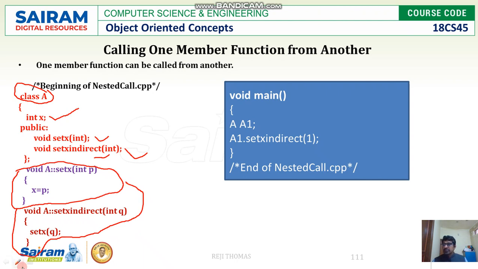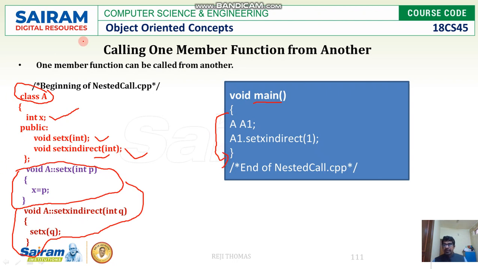So the whole thing is your class. We are done with the class part. Now what the heading says is we are going to call one member function from the other one. So let us see the main function for this. So this is your main function. Your main starts and ends here.